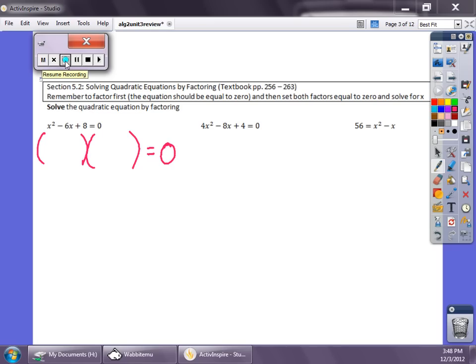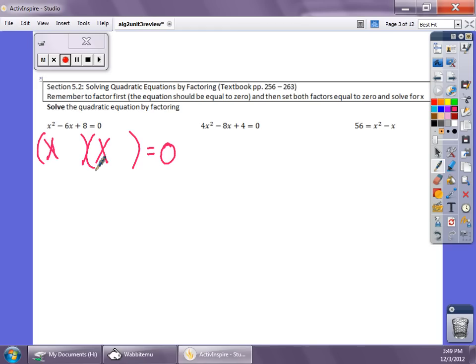Moving on to section 5.2, solving quadratic equations by factoring. It says, remember to factor first, and whenever we factor, we need to find two numbers that multiply to give us x². And the second number in each factor should multiply to give us +8 and add to give us -6. And those two numbers are -4